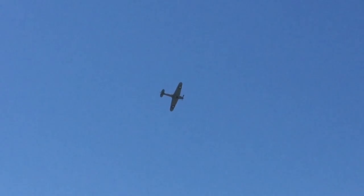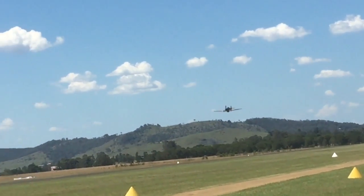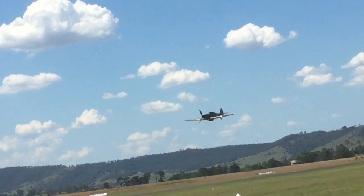It was acquired then, flew in Canada, was taken over to the UK, back to the US, back again to Canada, and before being shipped over here to Australia. They were actually launched by catapult off merchant ships to protect against